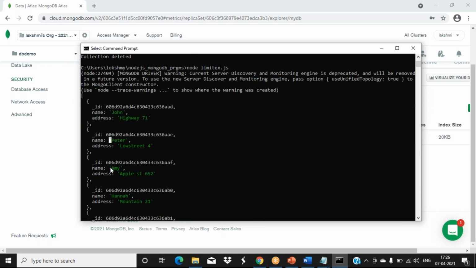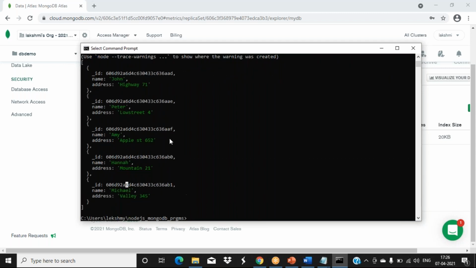So 1, 2, 3, 4, 5. But in that 14 or 16 documents were there, but we restricted to display only how many? 5. So the limit function you can use.